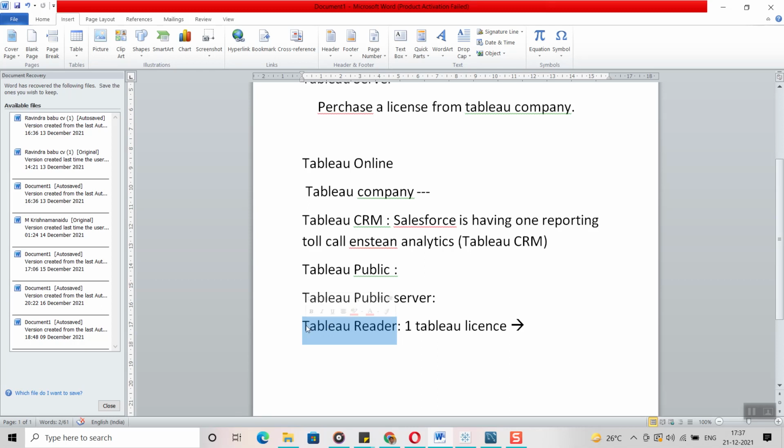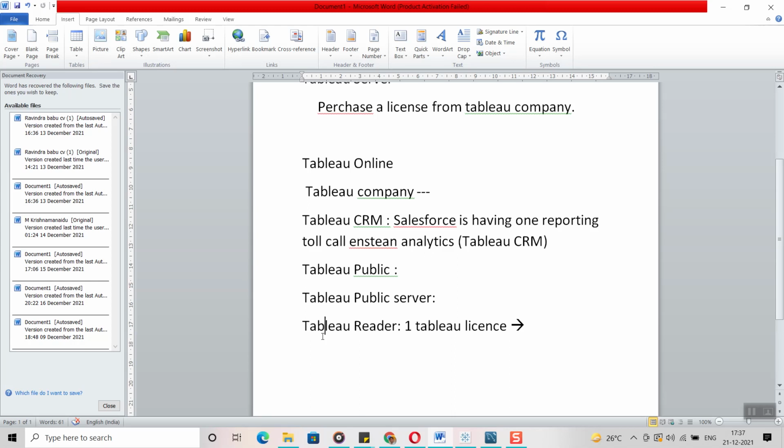Once they open the report using Tableau Reader, they cannot do any editing. They can only view it. They can change the available filters and see the values, but they cannot edit anything.